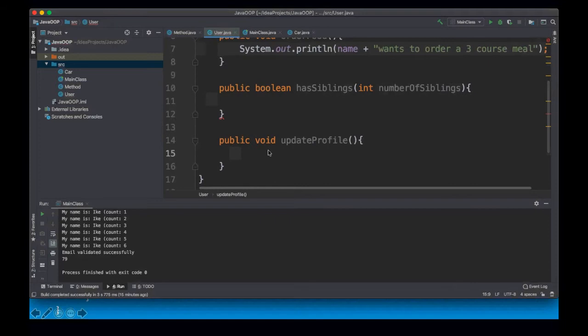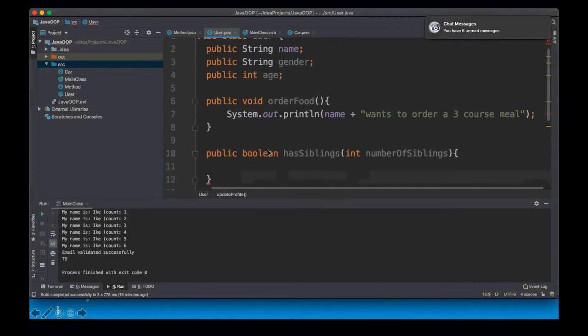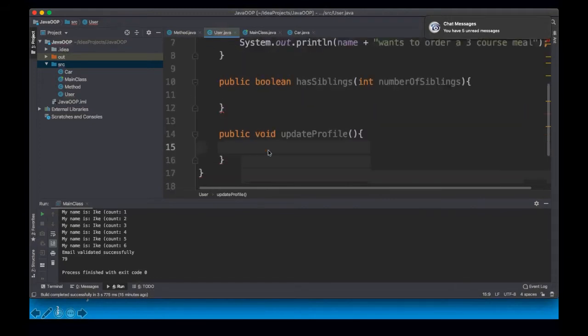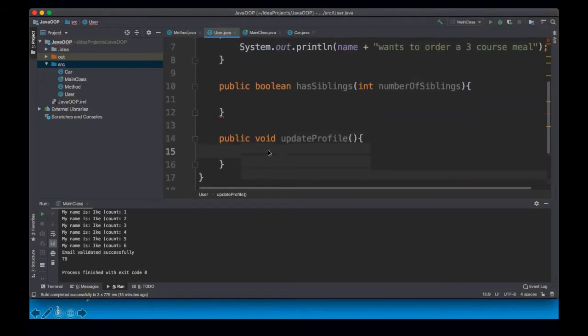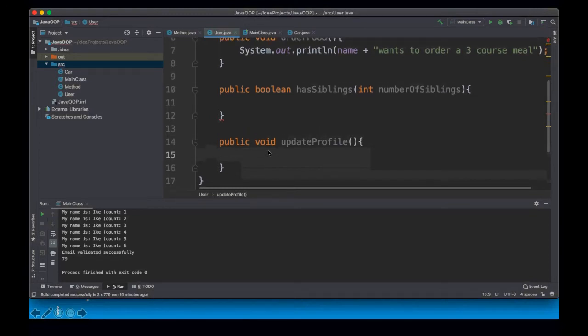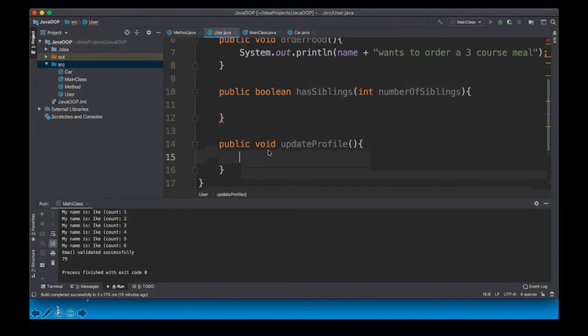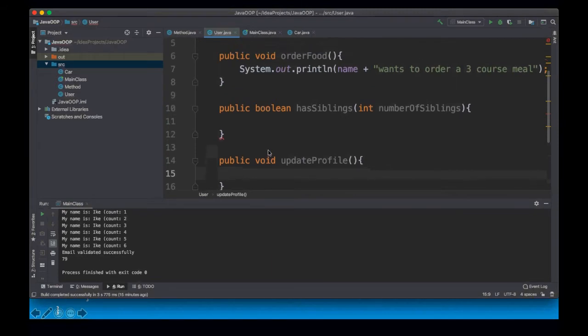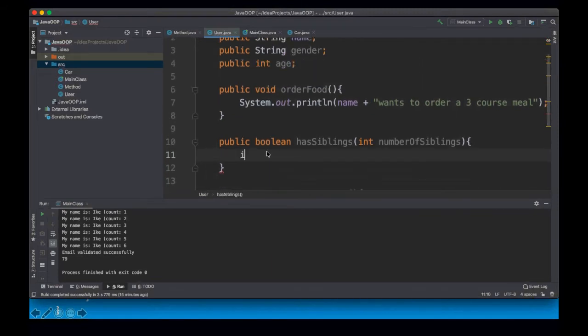And in my update profile, I would do something like, if you want to update, let's say, your age, you would, let's do the siblings first. If number of siblings is greater than 0,